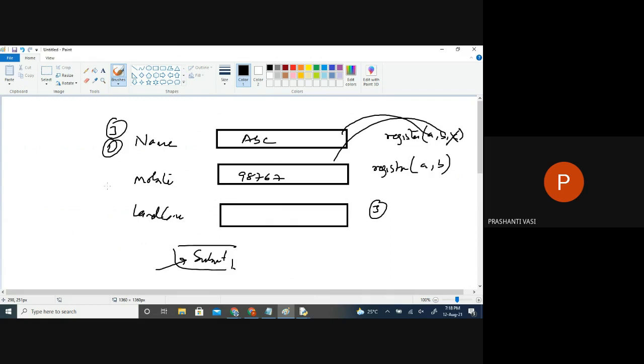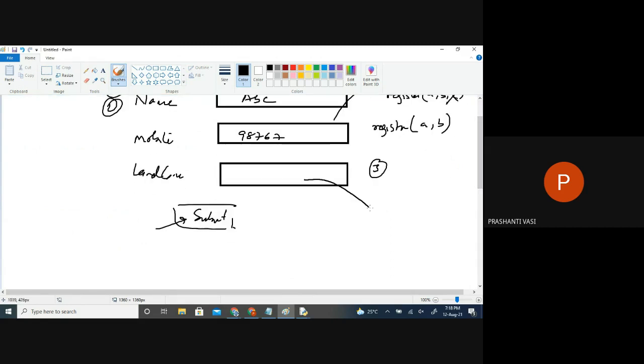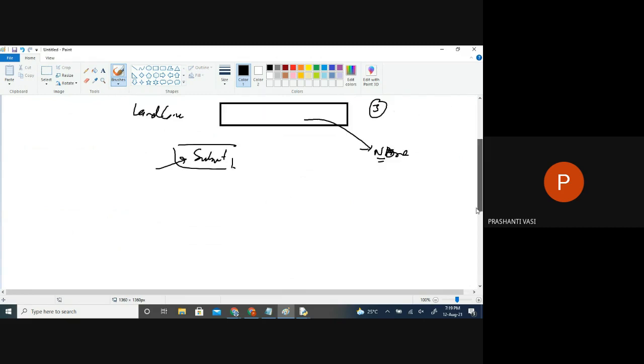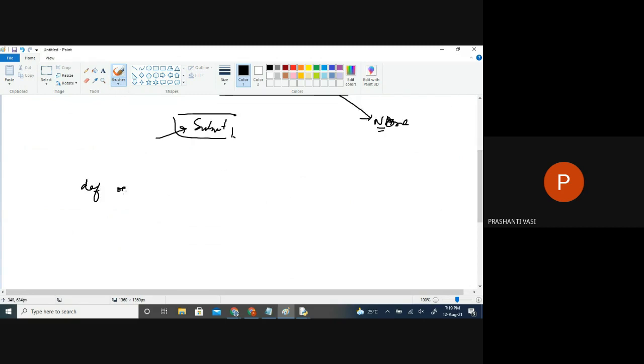So this application should successfully register every user, because every user may not have a landline. So whenever it is kept blank, they will directly assign a value like None, as in a Python program. When they define this register method, they keep only the first name and mobile as mandatory, but for the landline, the third parameter, they give a default argument value of None.